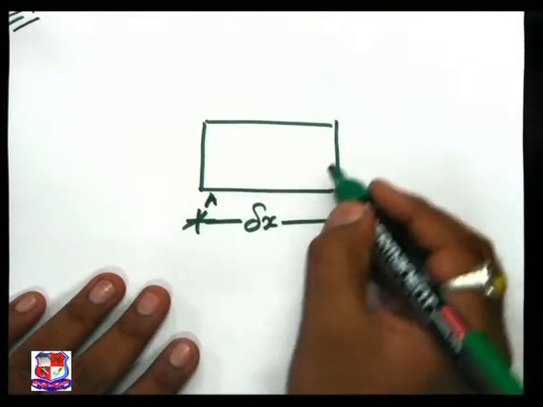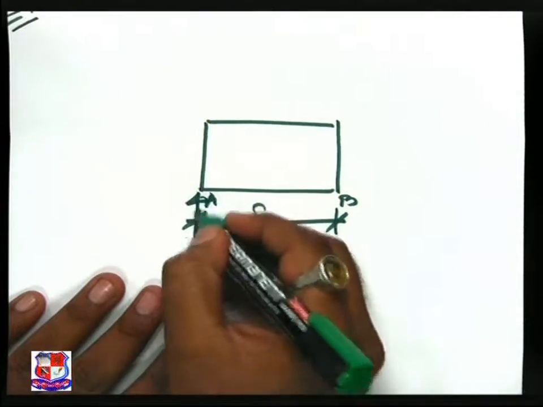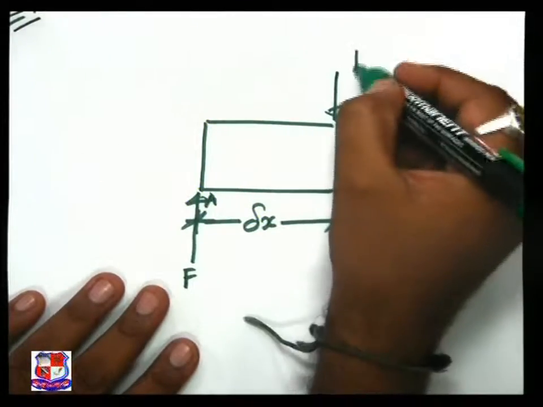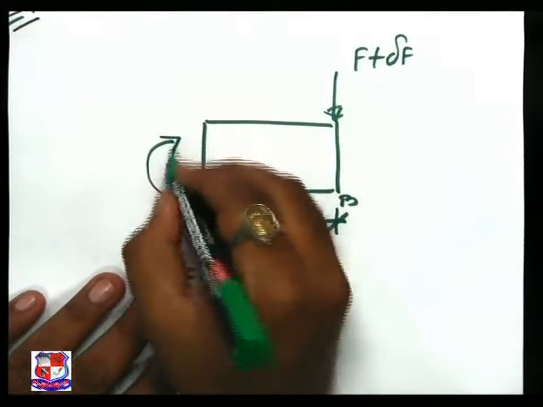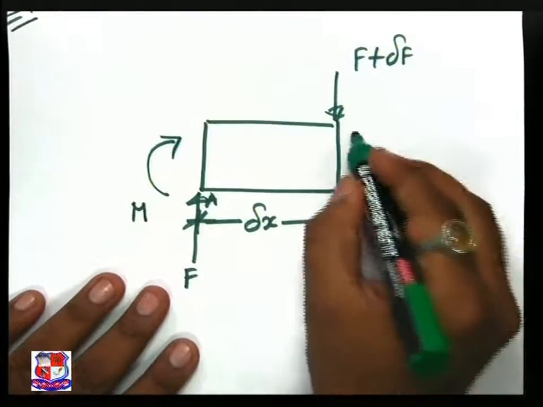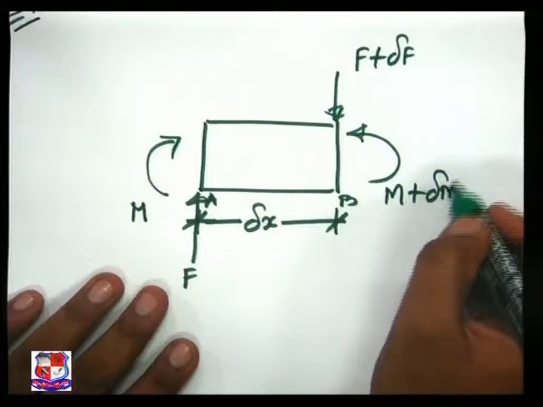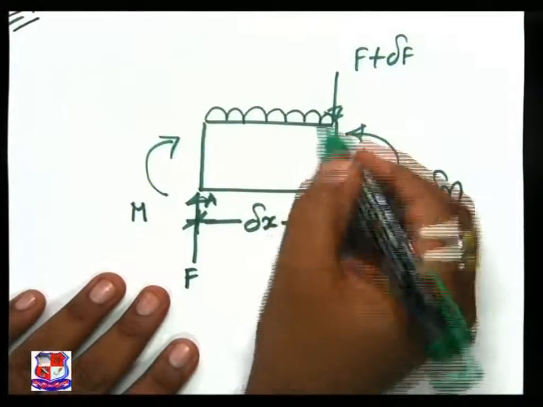This section is A, this section is B. At this section the force F is acting. At this section the force F plus delta F is acting. The moment M is acting here, and the moment M plus delta M is acting over here. The load which is acting over here is